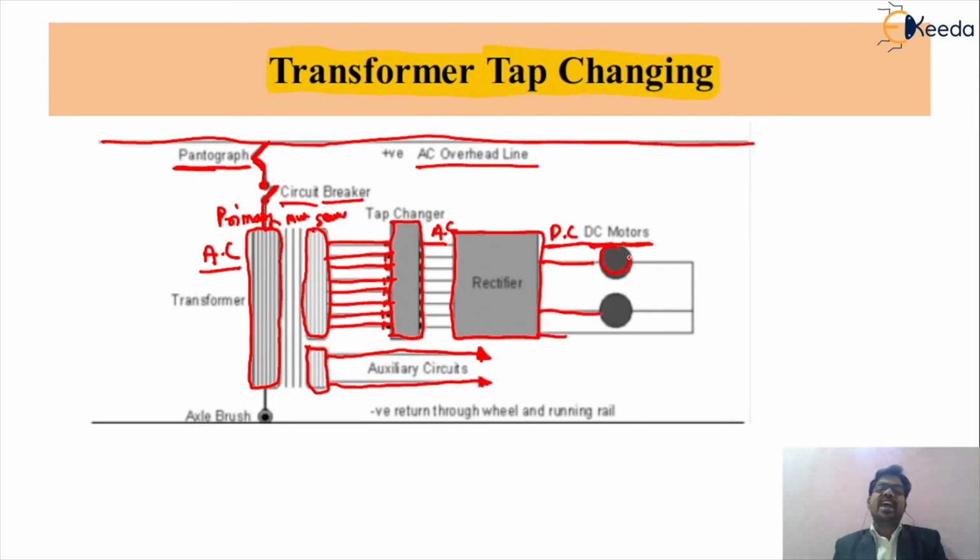So this is the actual system by which we change the tapping of your transformer, and while we are changing the tapping of your transformer, we can change the input voltage of your system. Basically we change the tapping on the secondary winding of the transformer, by which we get a variable voltage, and this variable voltage is given to your rectifier. This rectifier will convert that AC voltage into DC voltage, and that DC voltage will be given to your DC motor. So this is the first control method, called the transformer tap changing method of